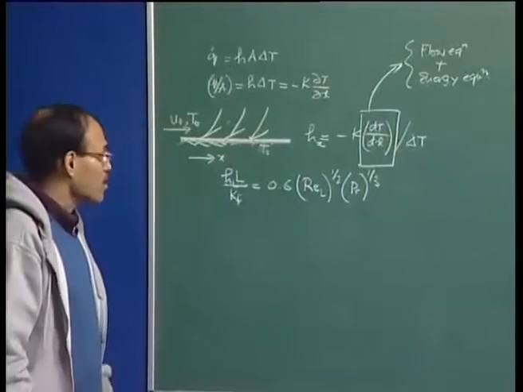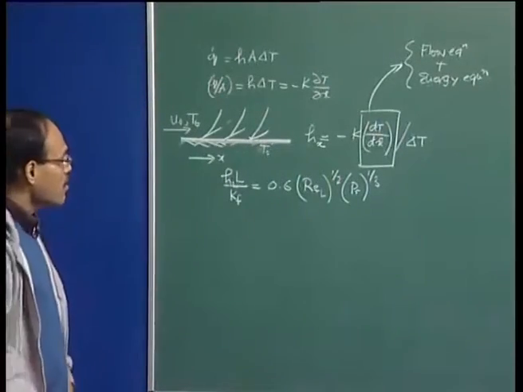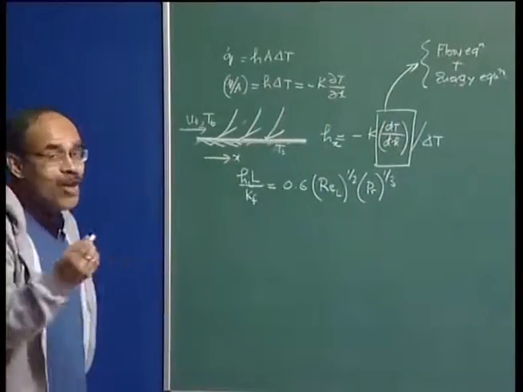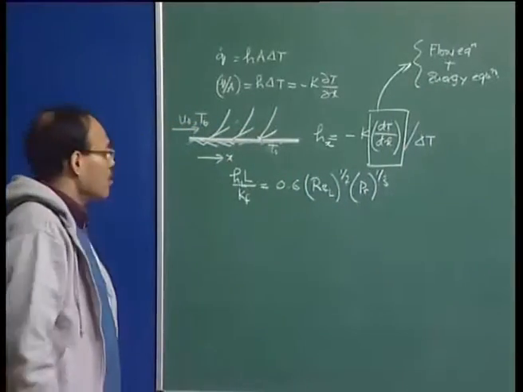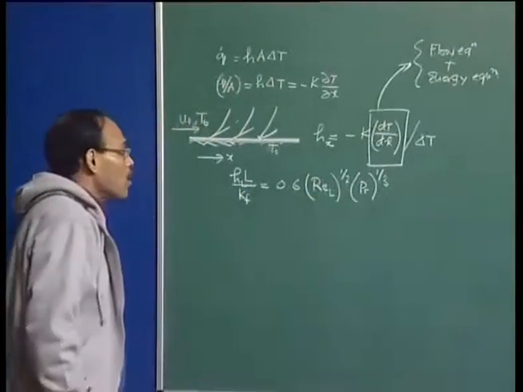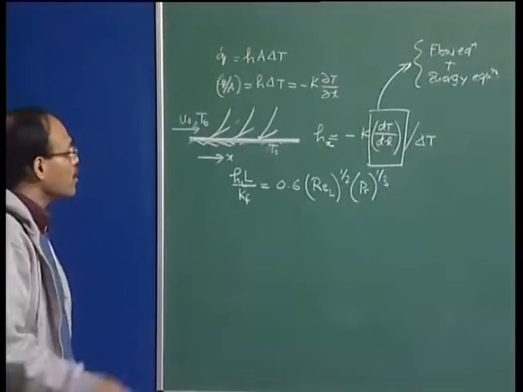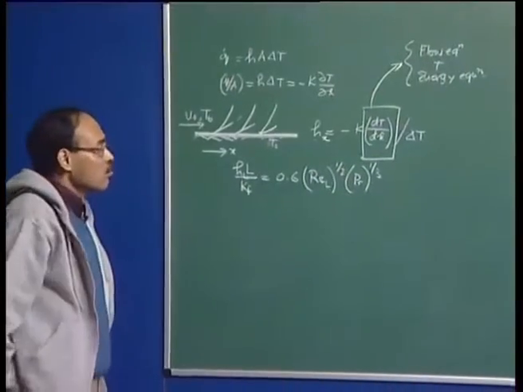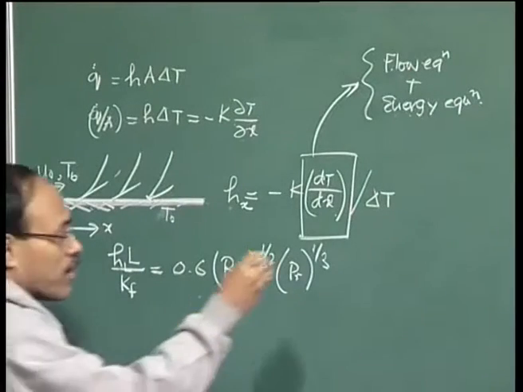So, this correlation for such a simplified scenario can be exactly derived by solving the applicable fluid flow and heat transfer equations. But as I have mentioned, for complex scenarios like those we encounter in steel making, we will not be able to solve these equations and derive this kind of correlation exactly. So, how we are going to get a forced convective heat transfer correlation is we are going to carry out experiments, and based on that we will determine what the correlation is going to be. For example, we can